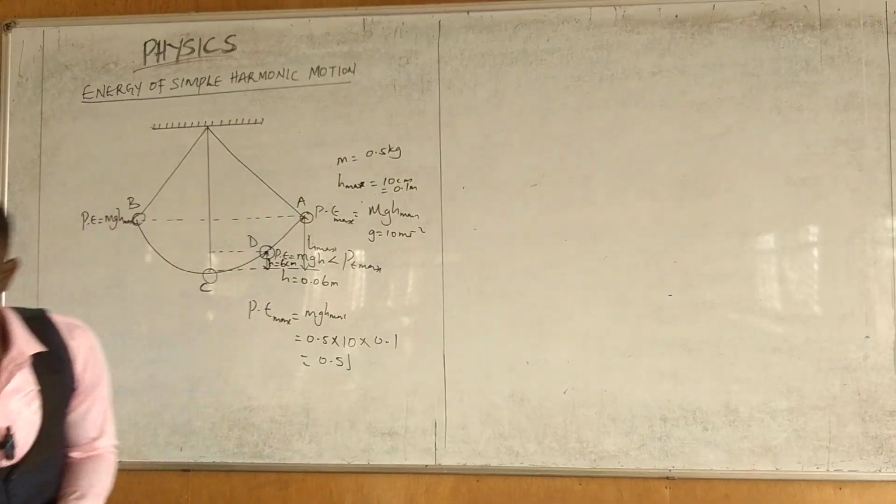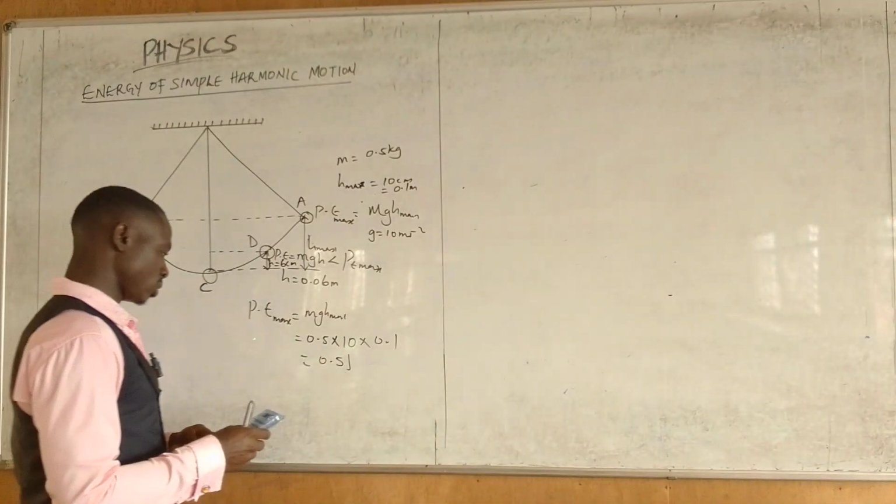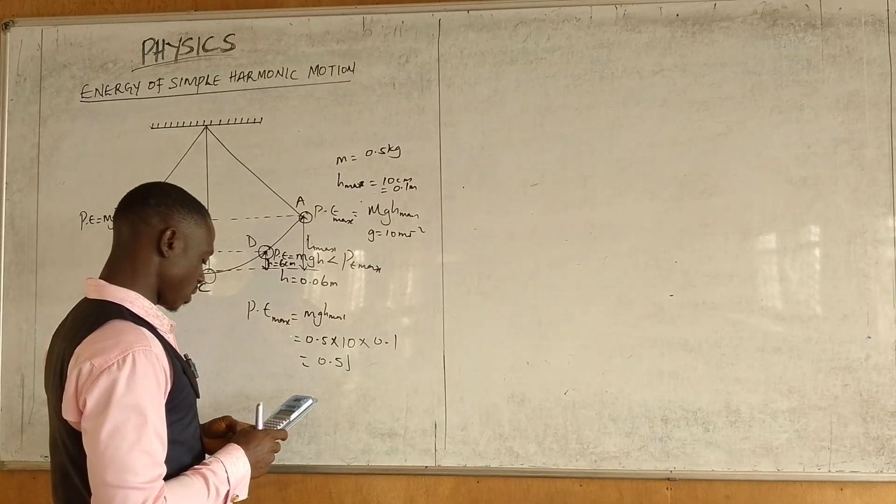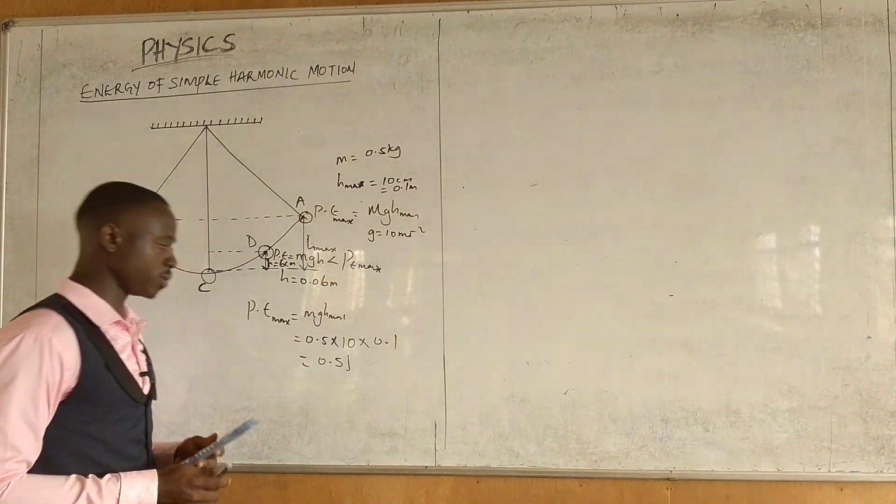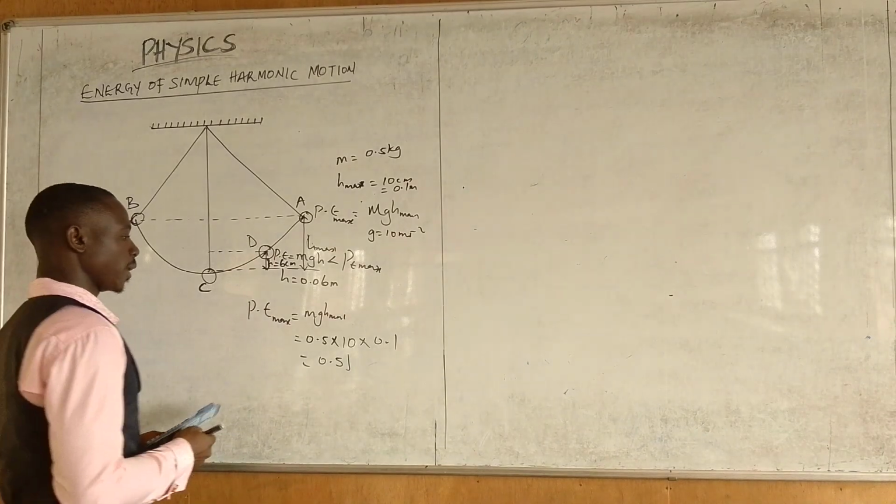0.5. Is that 0.5? 0.5 times 10 times 0.1. Yes, that's 0.5 joule. Okay? Now,